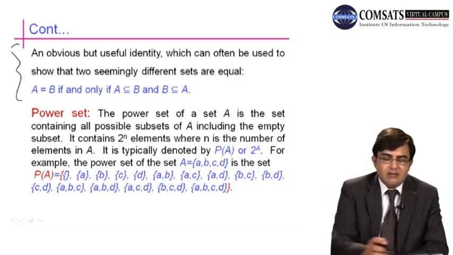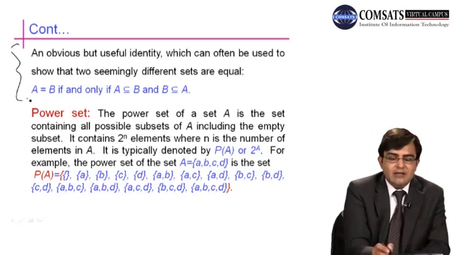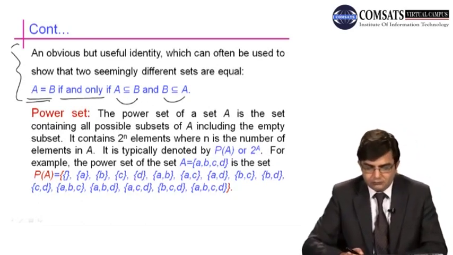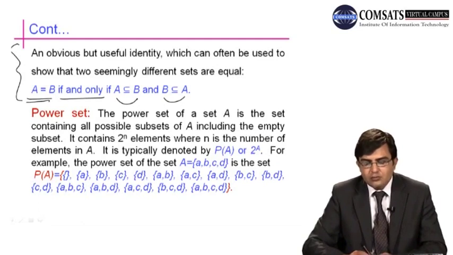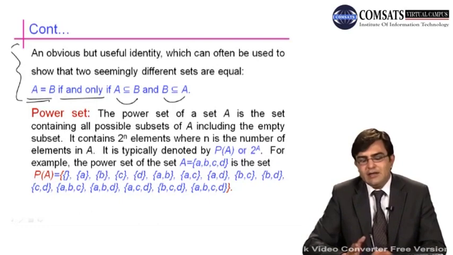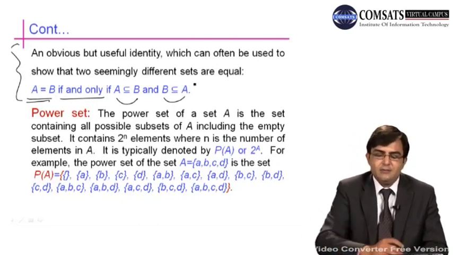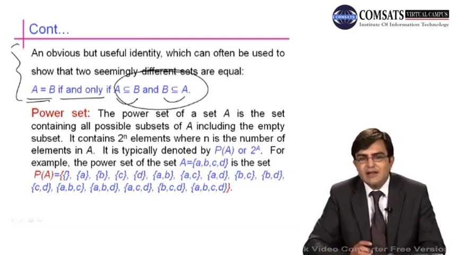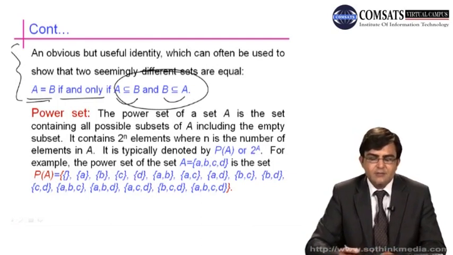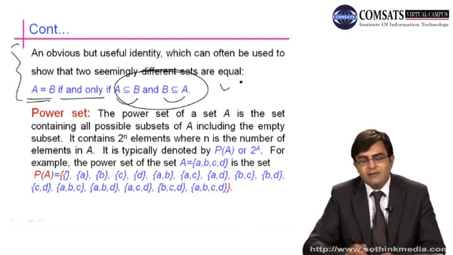Two sets are said to be equal and written as A is equal to B if and only if A is subset of B and B is subset of A. So in order to prove two sets to be equal, we always prove that A is subset of B and B is subset of A. If we succeed in proving A is subset of B and B is subset of A, it means that both sets must be equal. So this identity we'll use often in